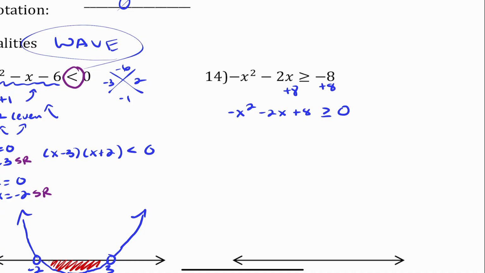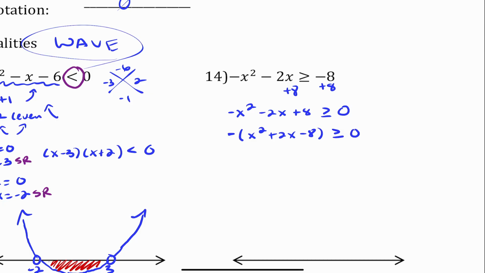All right. So just real quickly, you need to factor this out. Then there's a negative in front of the x squared, and I'm going to make note of that negative because that's crucial when we determine the end behavior of this polynomial inequality. But I'm going to factor the negative out. I have x squared plus 2x minus 8, which is greater than or equal to 0. Okay, and this is where I can go ahead and apply the x method. But before I do that, let's go ahead and